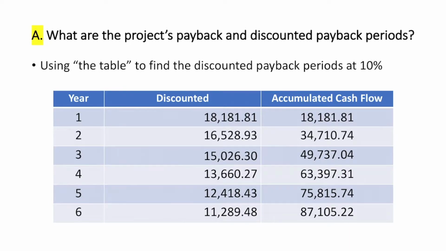$18,181.81. It comes from the mathematical formula that I already told you, which is $20,000 divided by 1 plus the discount rate of 0.1, then to the power of 1 because it's year 1. The next column in the table is accumulated cash flow in. First year is $18,181.81. Then let's calculate the discount in the second year using the same formula: cash flow in $20,000 divided by 1 plus discount rate 0.1, then to the power of 2 because it's the second year, that becomes